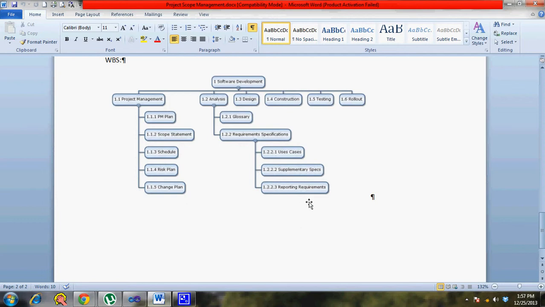Although the reporting requirements by itself might not be a work package, it might have reporting non-functional requirements and reporting functional requirements. Reporting functional requirements, if it's a separate document, can be allocated to a separate team. That's where you break it down and get to the lowest level in the hierarchy, which is your work package. If you take use cases, they can be built by a designer, so that can become a work package. That's where it is really useful.